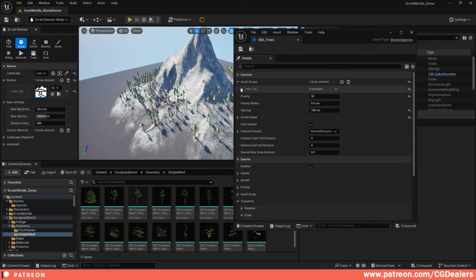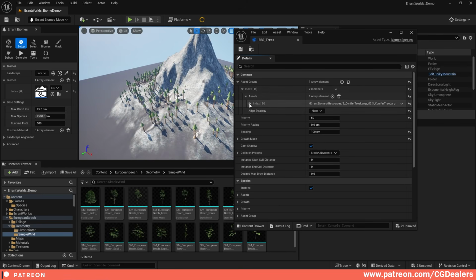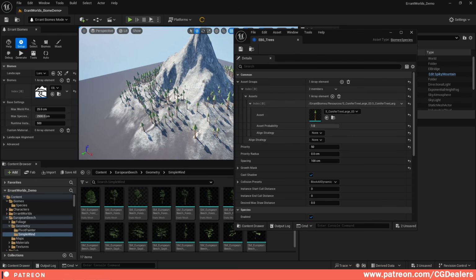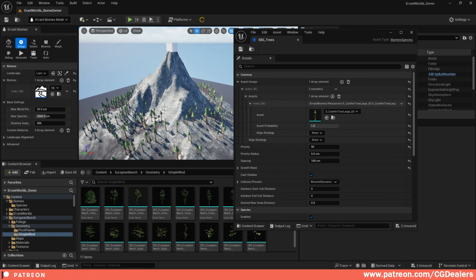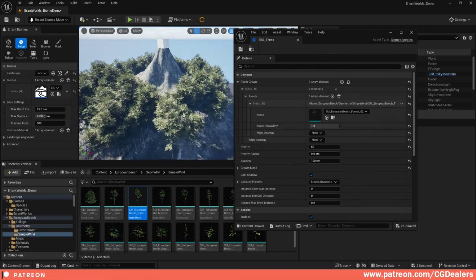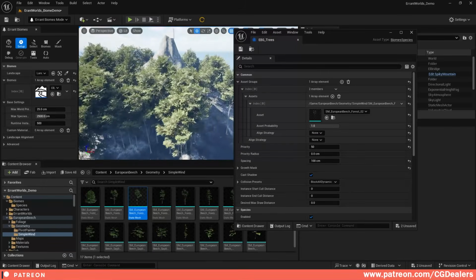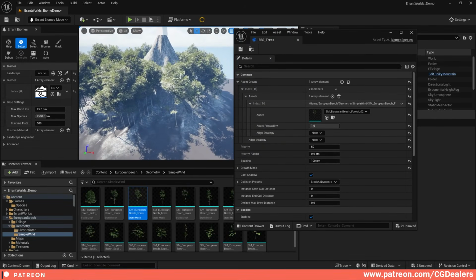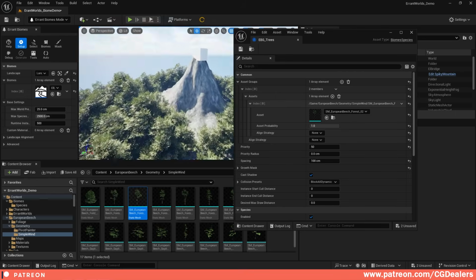So let's go to the asset groups here under index, open the assets, and right now we have only one element in the array, which is this tree. I've downloaded the European beach, which is from Quixel, and let me just hook up this tree over here. Let me just hook it up, save it, and generate again. Right now, in just a click, we have beautiful trees spawning over here with some wind on them, but they're